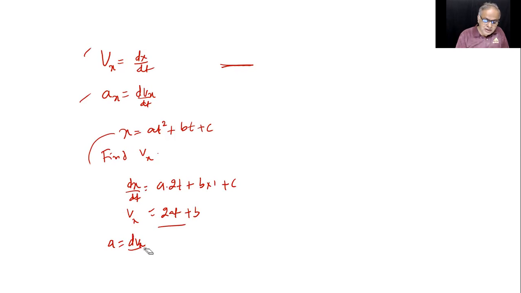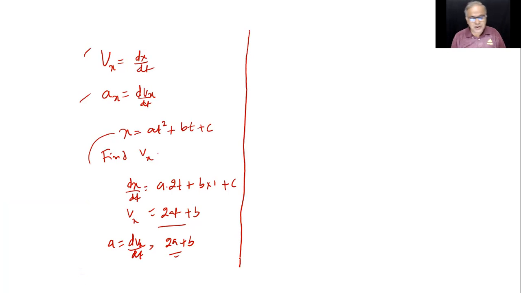Find out instantaneous acceleration, dvx by dt. That is equal to what? 2a plus b. I'm doing it like this because people must have known it on their own, or I've talked about it already previously. So I'm just revising, I told you. But say you got any issue there, you point out, I'll talk about it. Because doing the same thing again will be meaningless. But you may ask me a particular specific doubt, special to you.